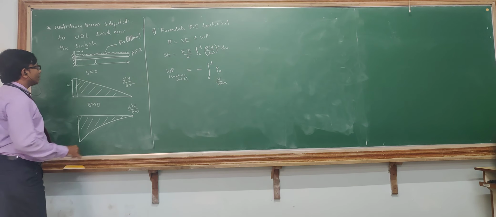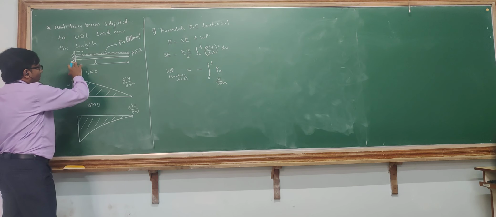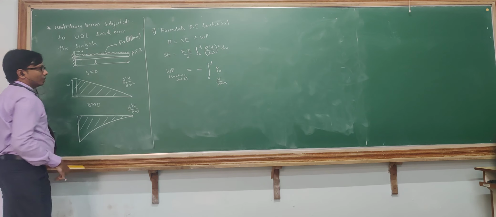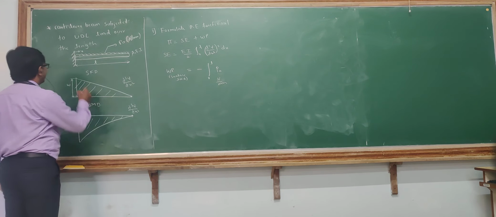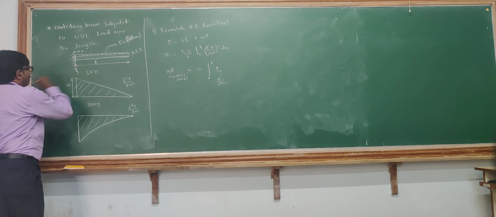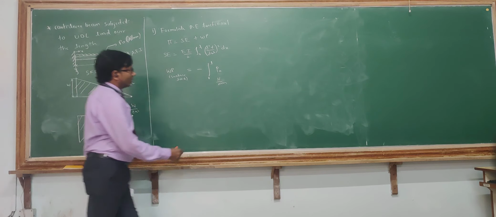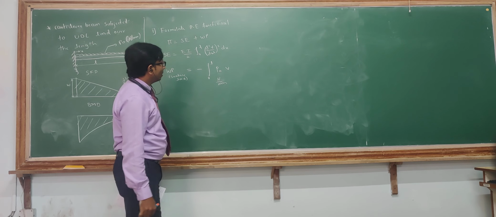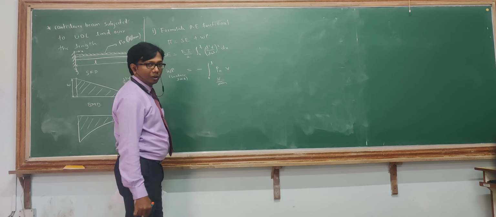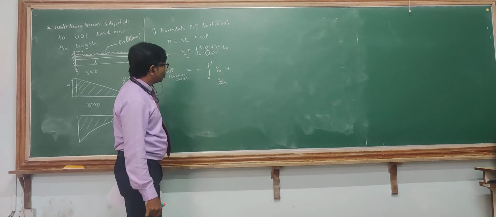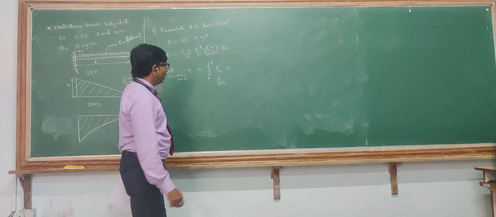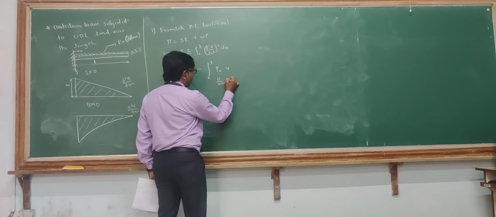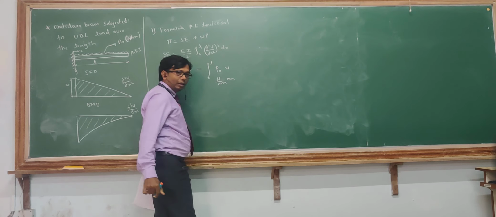How is the displacement happening? If I take a cantilever beam, it will bend in the y direction. That is, this is the y, so I will be taking it as v. P naught into v. But here it is not balanced, because work potential should be Newton into mm. Newton per mm, this mm gets cancelled and it becomes only Newton.